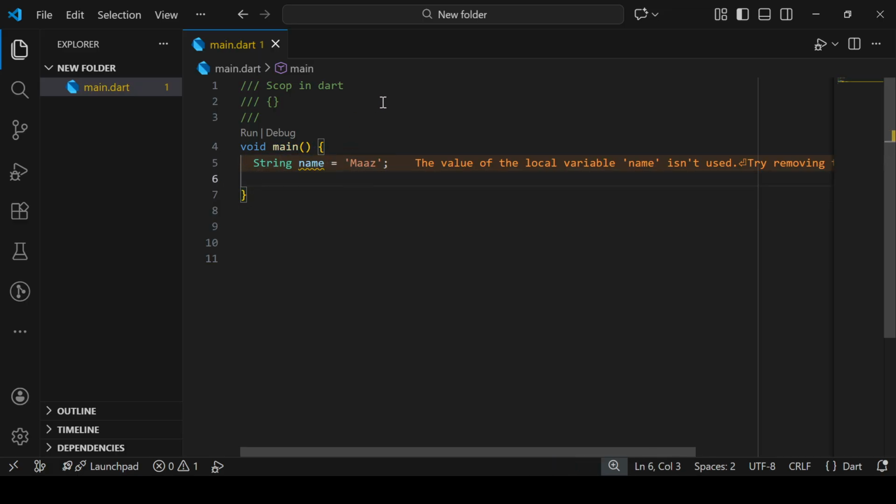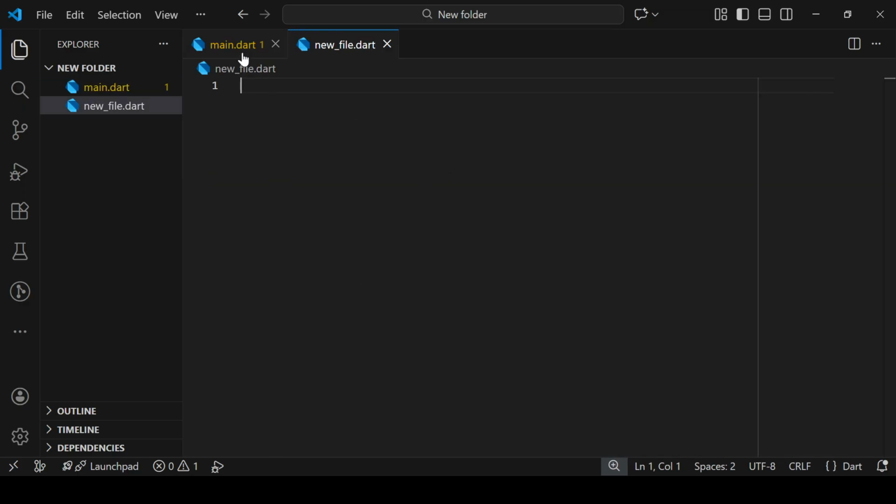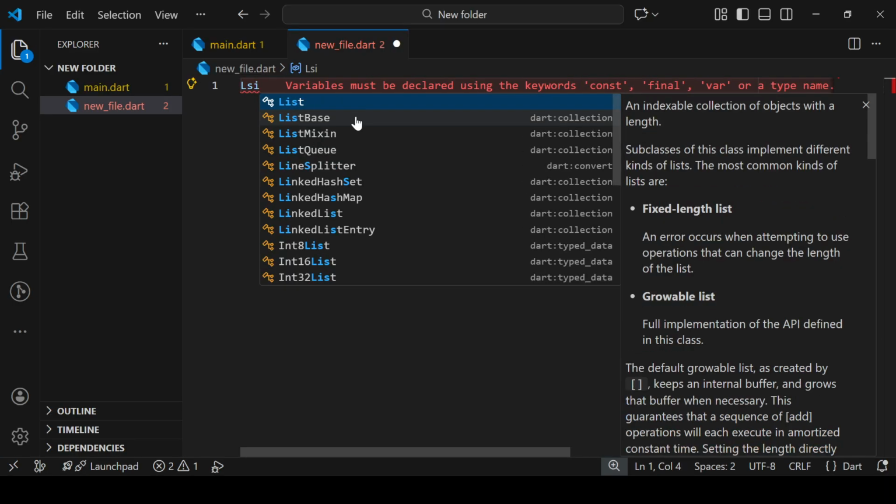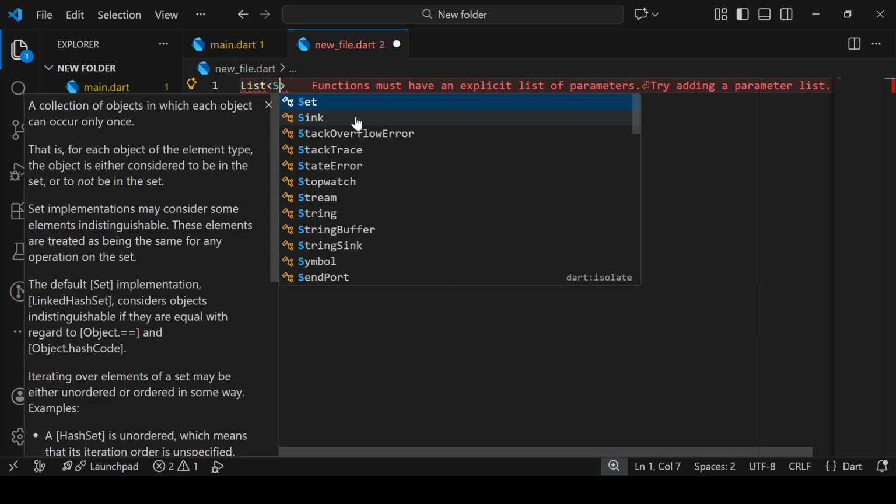So we have local and global scope here. If I want to create a new file, Now I want to show you a global scope. A global scope variable is declared outside all functions, and it can exist anywhere in the file. So if I write here a list, a list of strings,